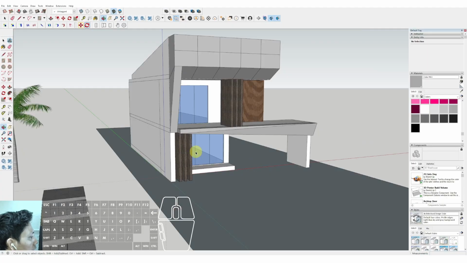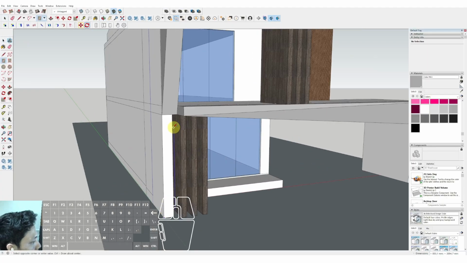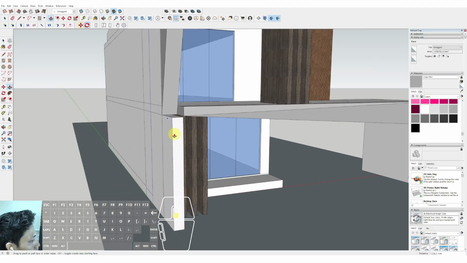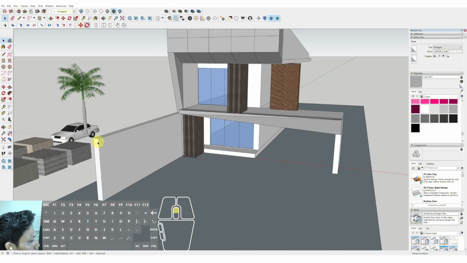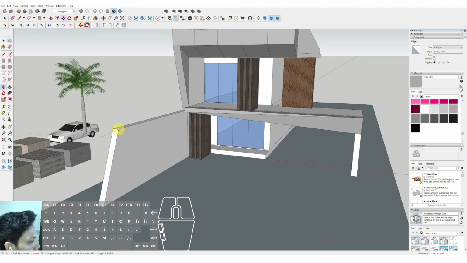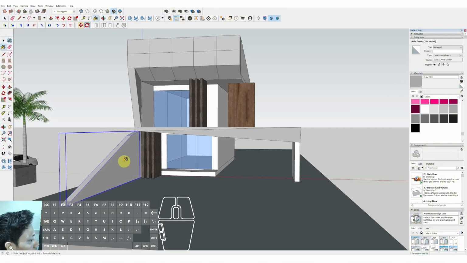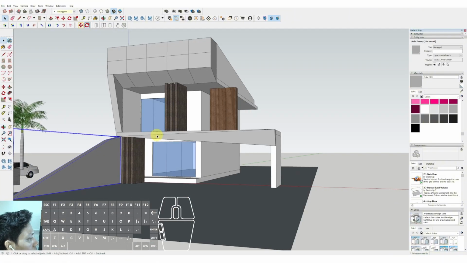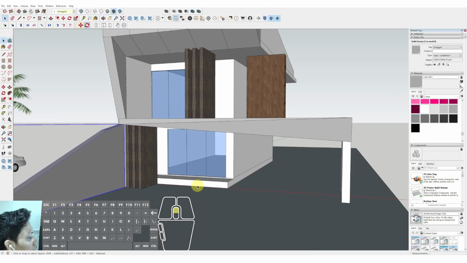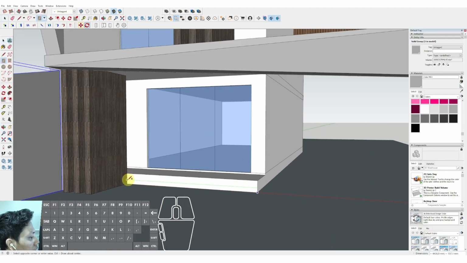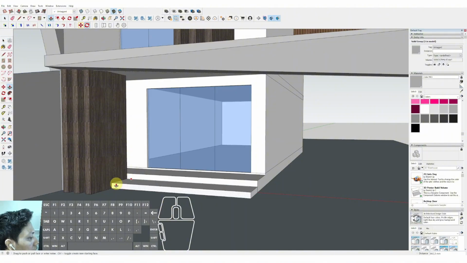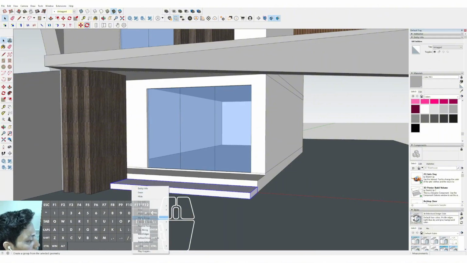Then now we can make another futuristic element again. We can push it to the front again. Okay, we can move the line in here just like this. Okay, we can triple click, make group, so we can assign this one. Okay, and then we can add more stepping staircase, make group,